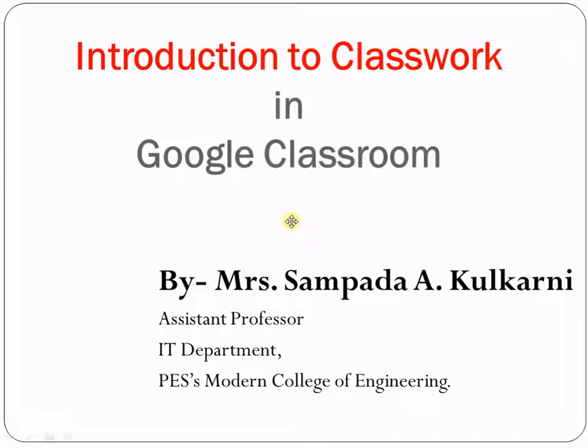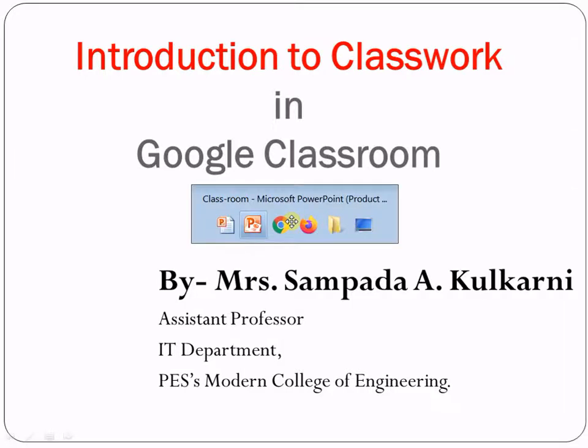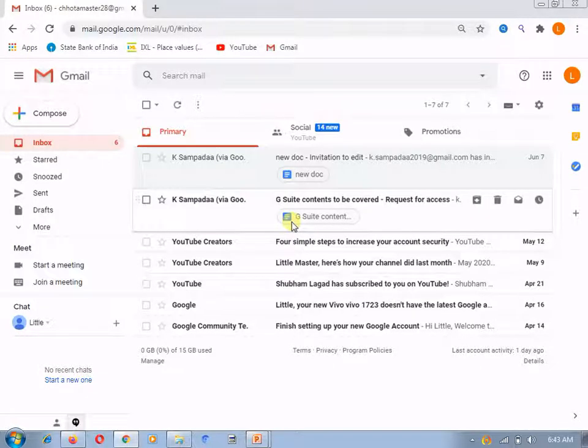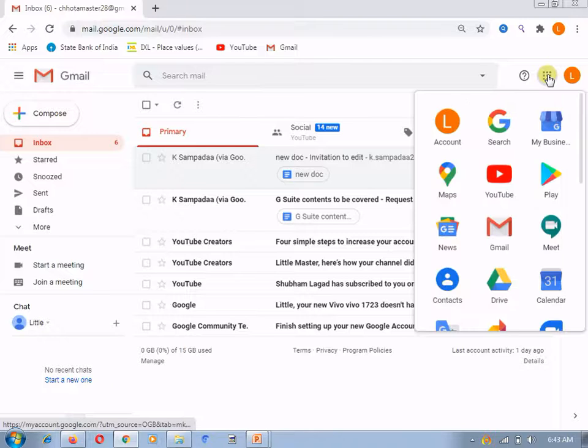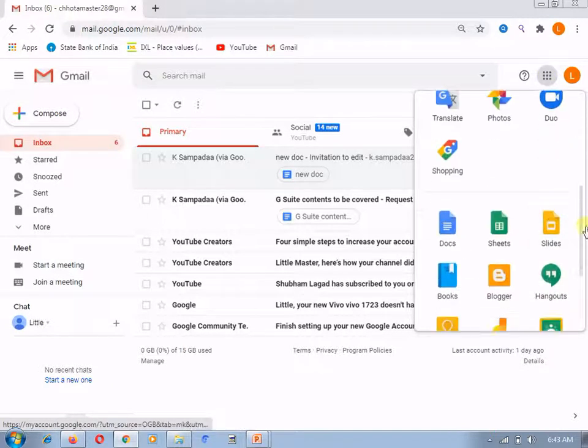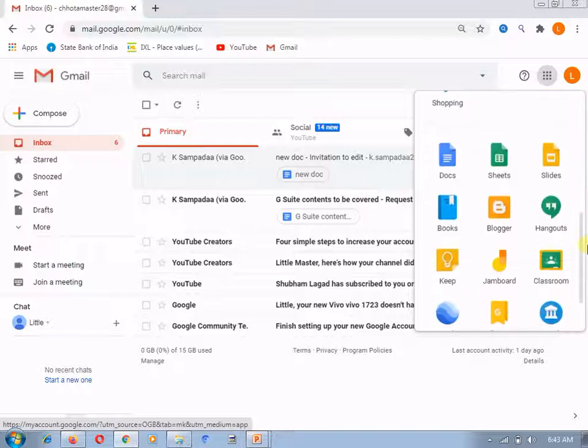In this session, I am giving an introduction to the Classwork tab in Google Classroom. So now let's switch to the Gmail account where I am going to explain the Classwork tab. From these Google apps you can go to the Classwork, which I have already explained in the previous session.